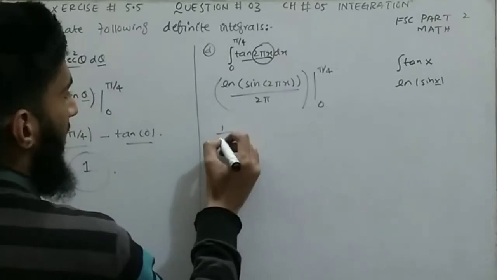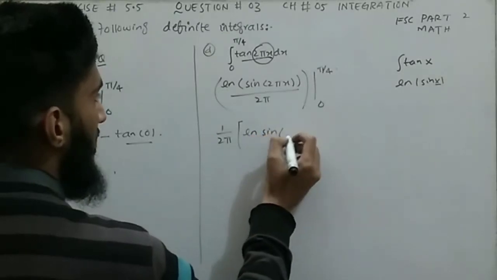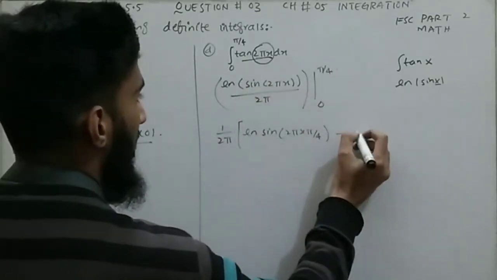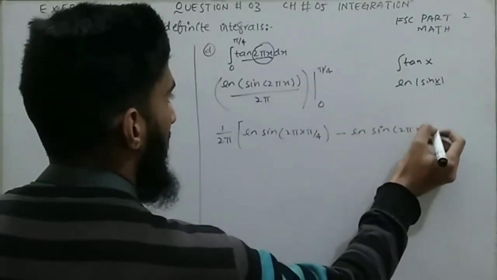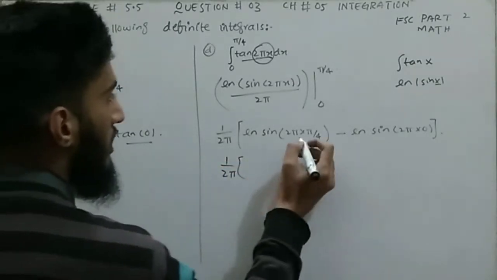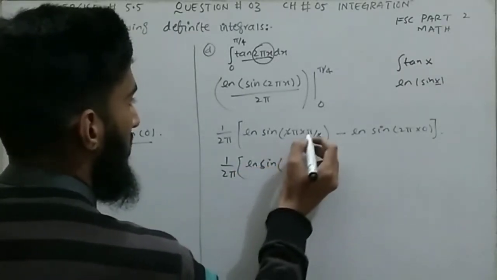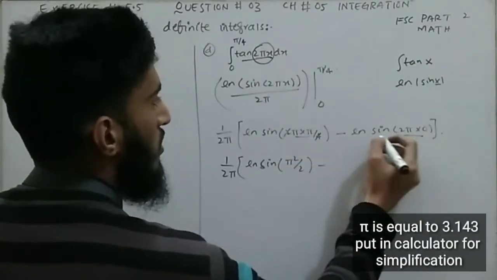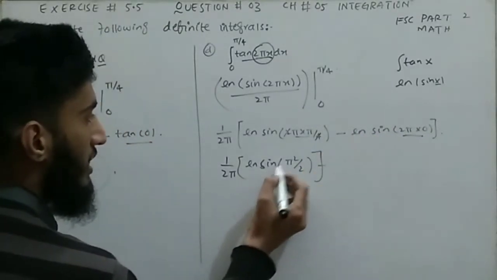Now integrate this function from 0 to pi by 4. Over here 1 over 2 pi is a constant. We will write it outside and put pi by 4 over here. It becomes ln of sine of 2 pi into x, where x is pi by 4. Then put a negative sign and ln of sine of 2 pi, where x is 0 over here. Now by simplification, 1 over 2 pi, and the 2 will cancel out with 4. So we are left with ln of sine of pi into pi, which gives pi square, and 2 by 4 will give us 2. And over here it will give us sine 0 which is 0, and ln of 0 will be 0. So the answer is 1 over 2 pi into ln of sine of pi square by 2.